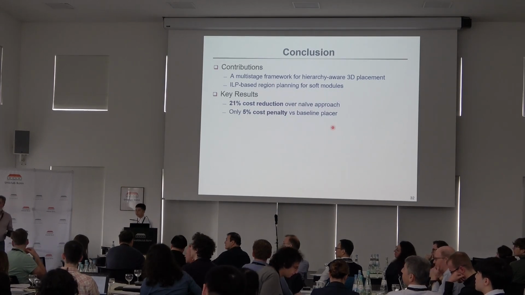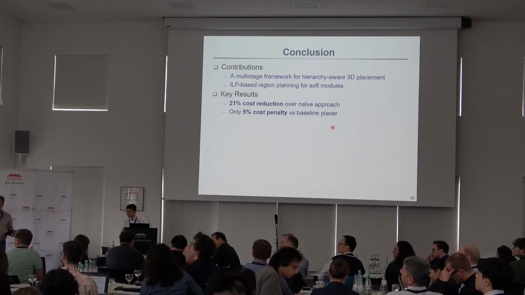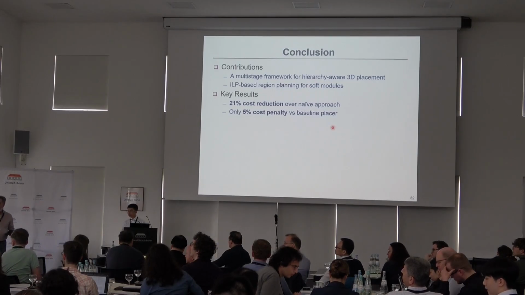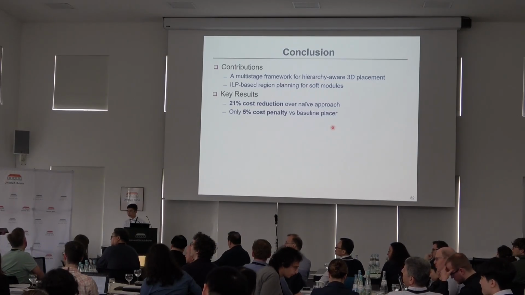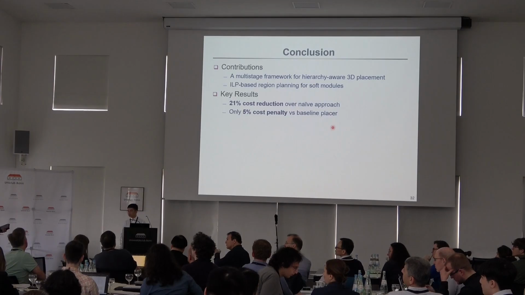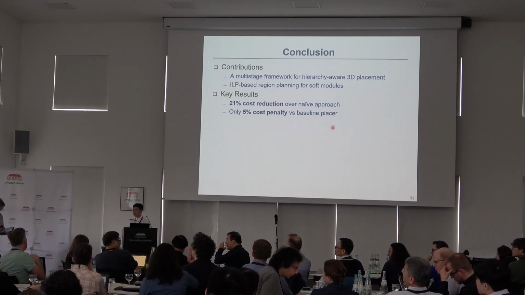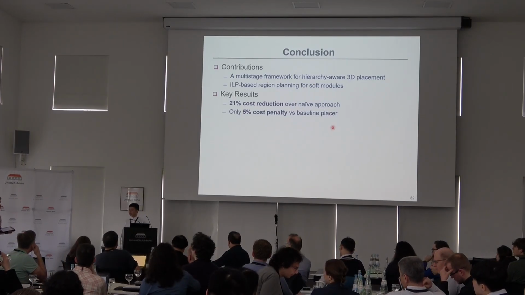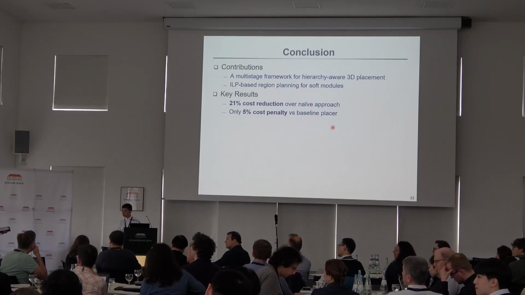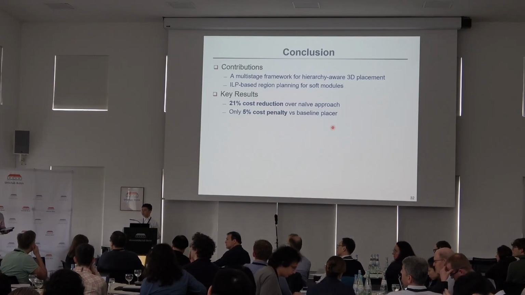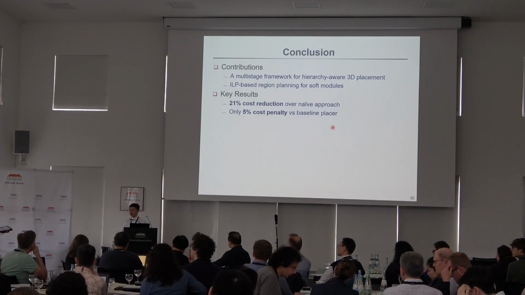Yeah, so I noticed that your soft modules are not rectangular. What did you use, green plates underneath, or how did you ensure that cells belong to those non-rectangular soft modules? You mean how to ensure that the group instances are within those submodules? Yeah, because they are not square or rectangular, you have to do some kind of projection. I was wondering, is your projection GP or do you use green plates like after the